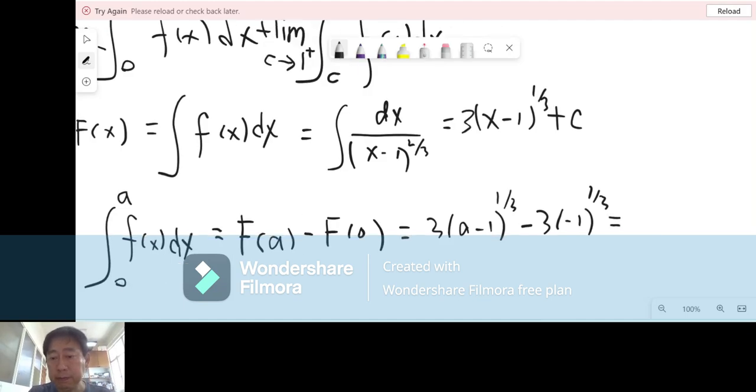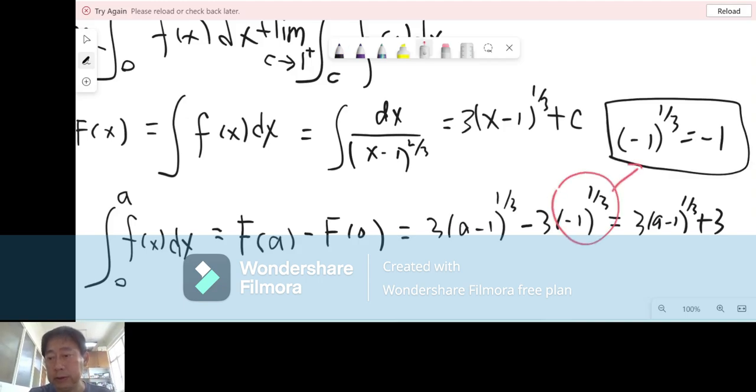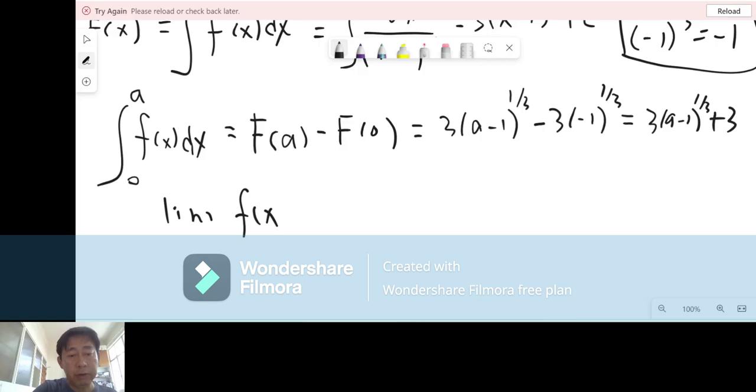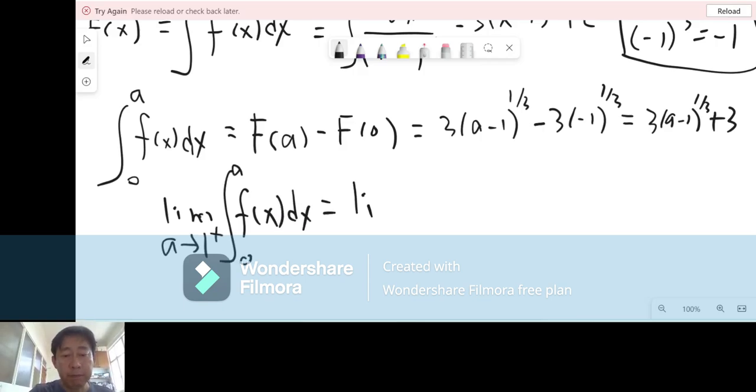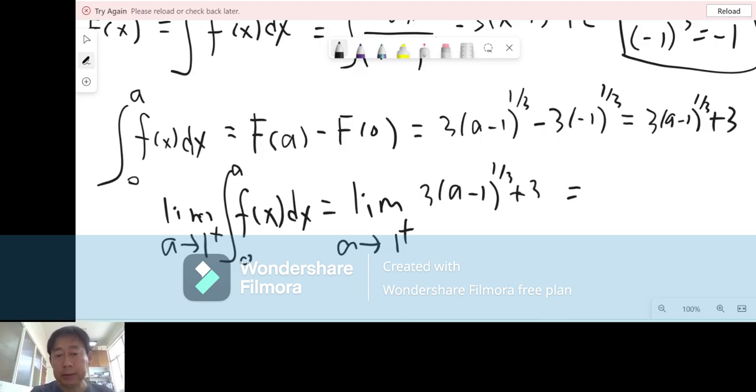And this is simplified to 3(a minus 1)^(1/3) plus 3. We take note of the fact that minus 1 to the 1/3 is simply minus 1. So this is just this. The limit of the integration on the left-hand side with a going to 1 from the left is then simply the limit of a going to 1 from the left for the expression 3 times (a minus 1) to the power 1/3 plus 3. And this is simply equal to 3, because a minus 1 will tend towards 0 when a tends towards